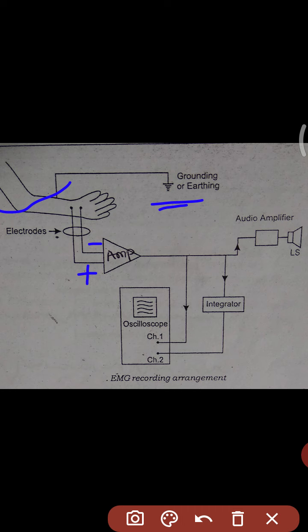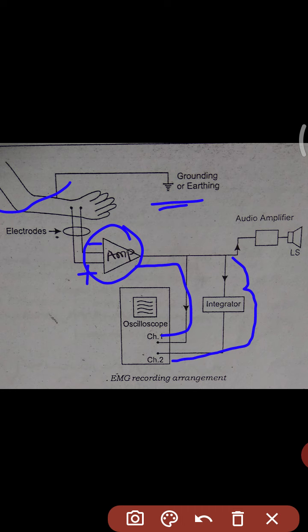The muscle contraction gives a bioelectric potential which is amplified and displayed on the oscilloscope. The output is connected to an integrator, then channel 1 and channel 2, and this is also made audible on the loudspeaker.